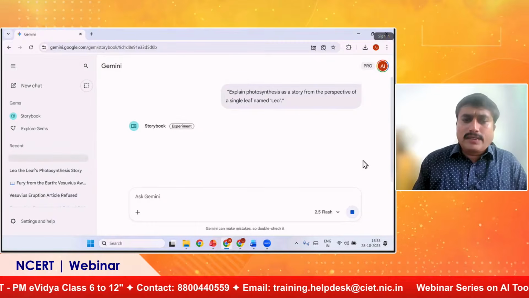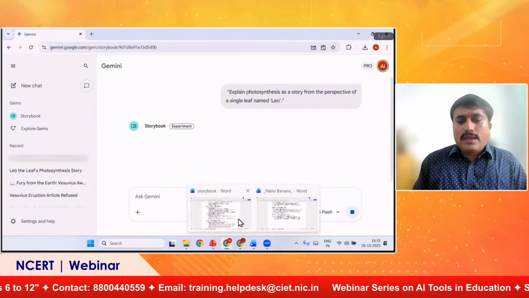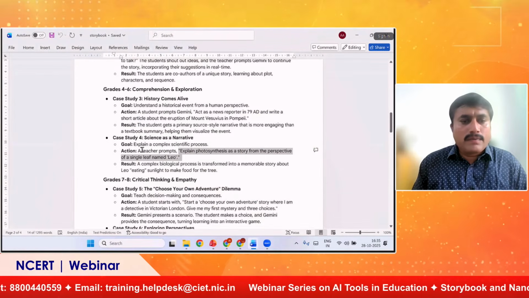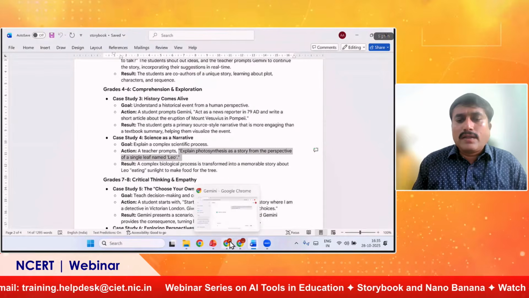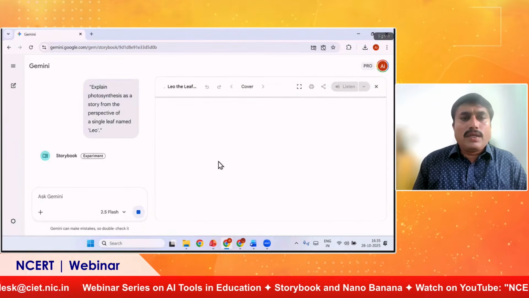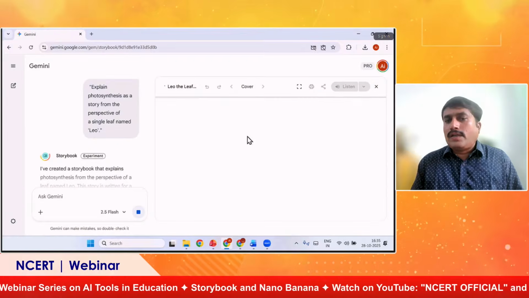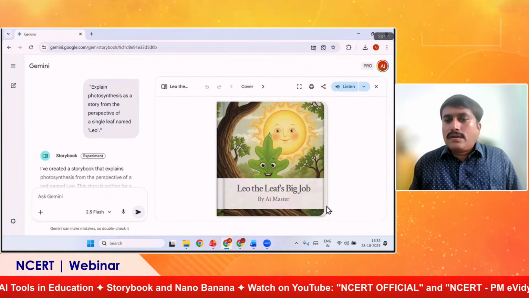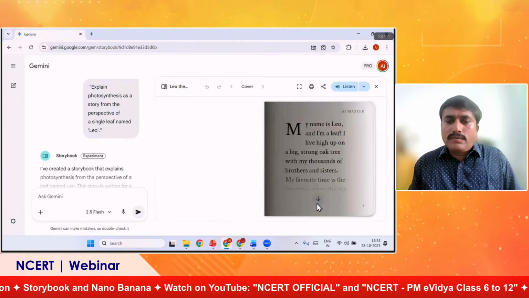So for 7th and 8th standard, or 4th to 6th standard students, you can see here the story, it's completed, our storybook is generated. Leo the leaf is giving us the knowledge about photosynthesis. Leo the leaf, big job.